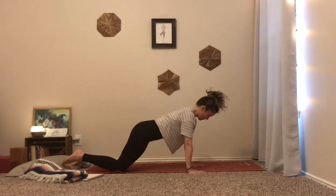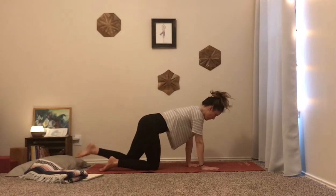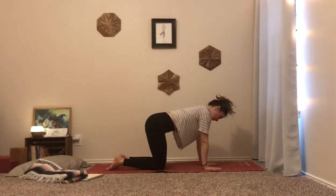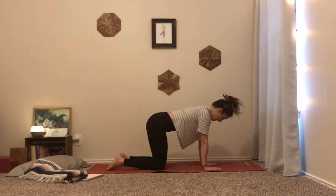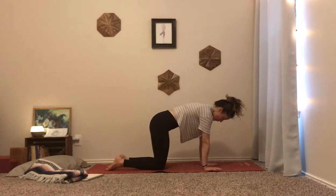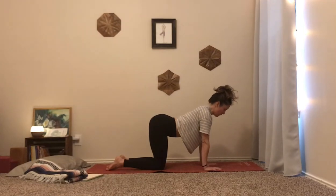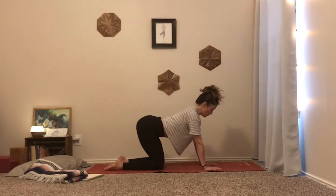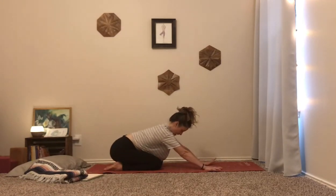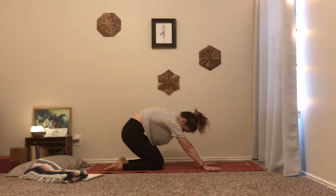Then from here, we'll press all the way back up to our tabletop position. Take your time. And come to all fours. So we're going to find our cat-cow again, but I invite you to make this cat-cow your own, right? So really allowing yourself to do whatever feels good. So I'll start us off with inhale, let the belly drop towards the floor, but then let your hips drop towards your heels, right? Then on your next exhale, we'll round through the spine and come all the way back